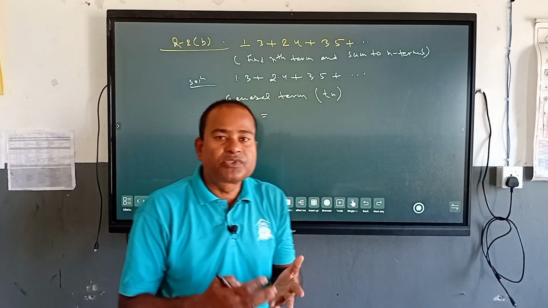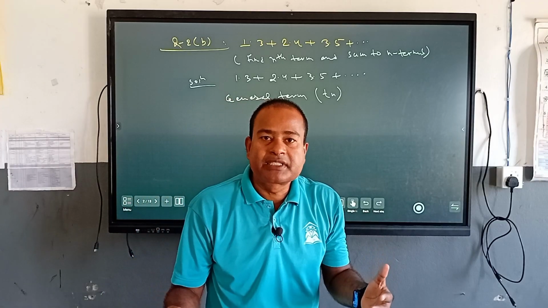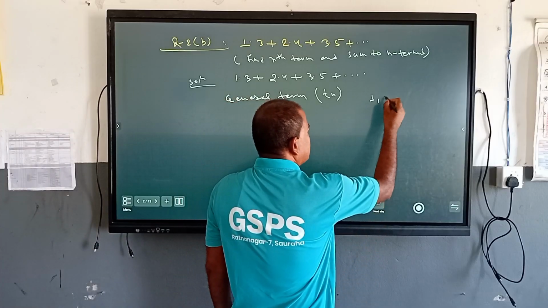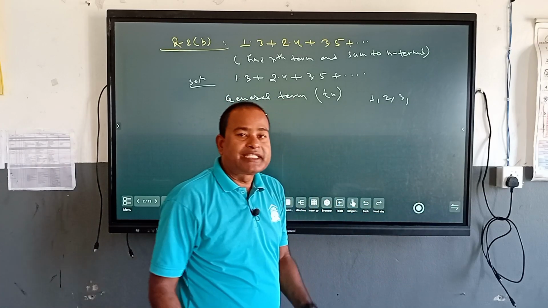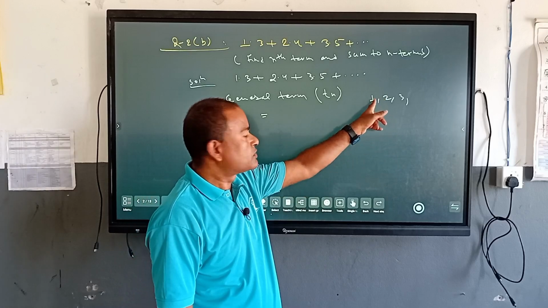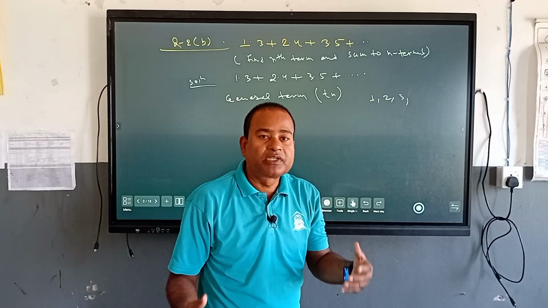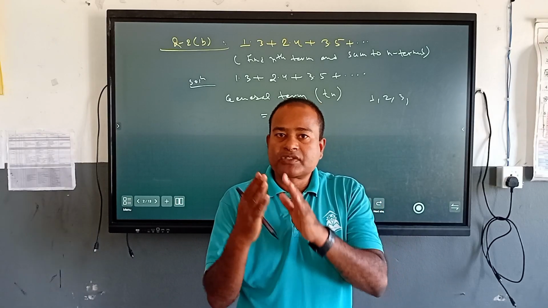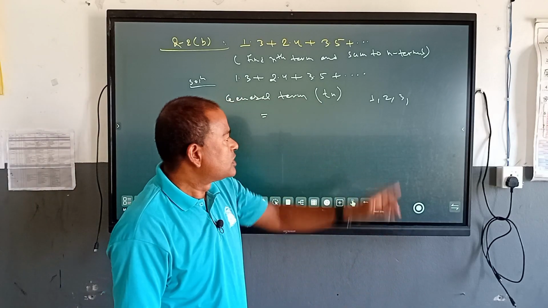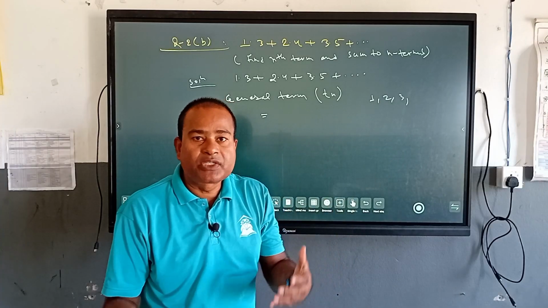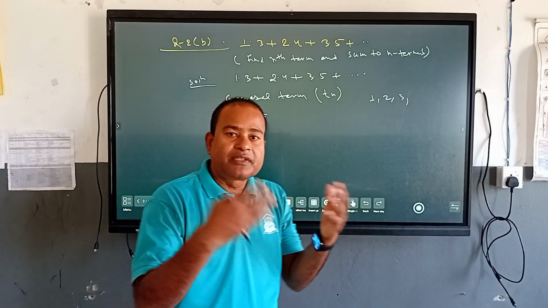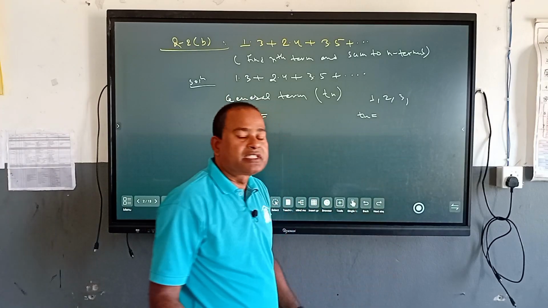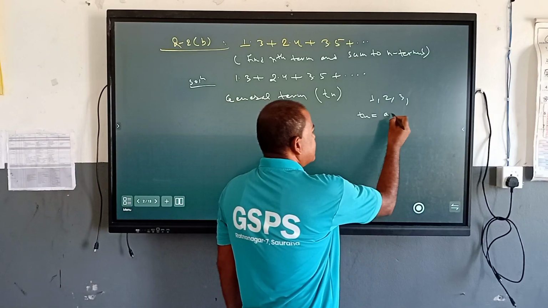We know that 1, 2, 3 are in arithmetic sequence and they are the first n natural numbers. 2 minus 1 we get 1, 3 minus 2 we get 1. If the common difference is constant, common difference means the difference between succeeding term and preceding term, then the sequence is an arithmetic sequence, or we can say the given series is an arithmetic series. And we know that Tn, the general term of an arithmetic sequence, is a plus